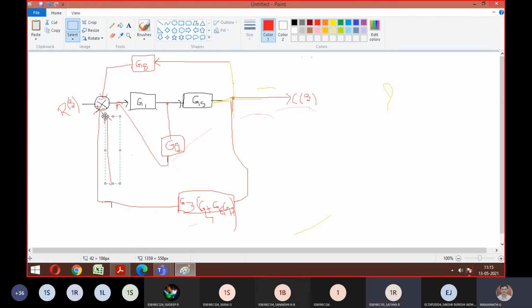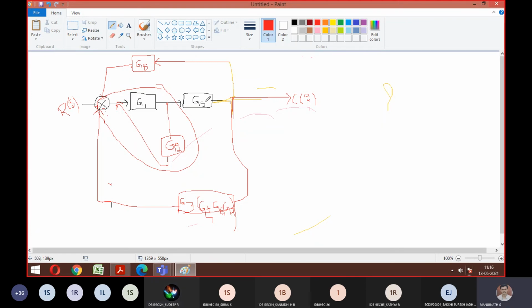G1 and G2 are in elimination. Very good. See, that is the thing. By seeing G1, G2, what will come to my mind? The summing point is there, so I should do parallel. Yeah, that is a mistake you will commit. So be careful. See, there is a minus symbol here. I hope you can see the minus is here, right? Minus means this complete path acts like a feedback path. So I can take it as a feedback path. So eliminate that feedback path. What is the answer? So it's G1 divided by 1 plus G1, G2. Okay?